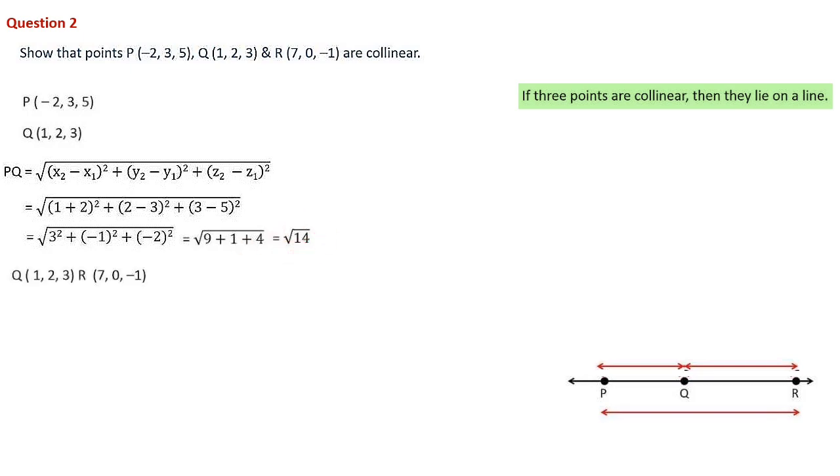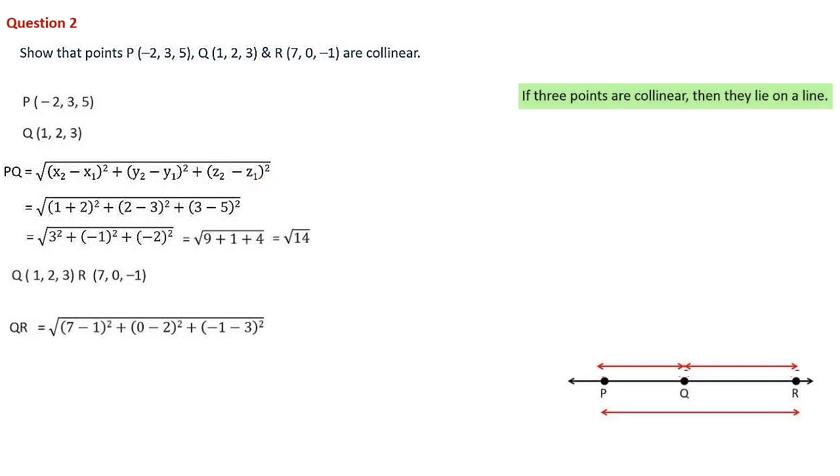Then nothing can be done, because if you split also we will be getting 7 into 2 only, both are prime numbers, so just we can keep it as it is. Then next we are going to calculate the distance QR. For that, Q and R points we have taken. Then QR is equal to the same formula only, root of x2 minus x1 the whole square plus y2 minus y1 the whole square plus z2 minus z1 the whole square.